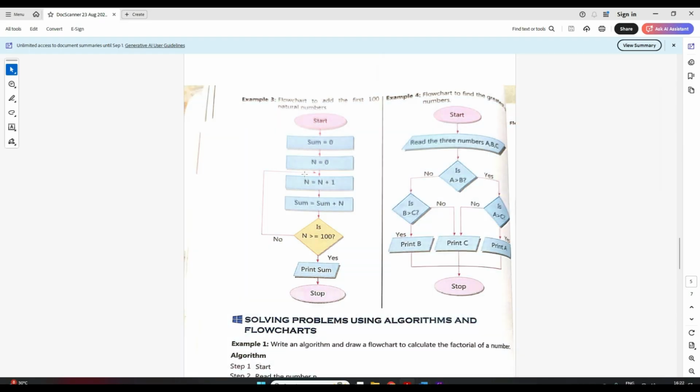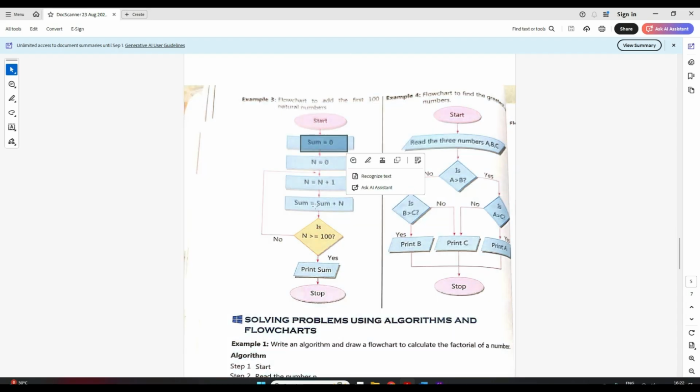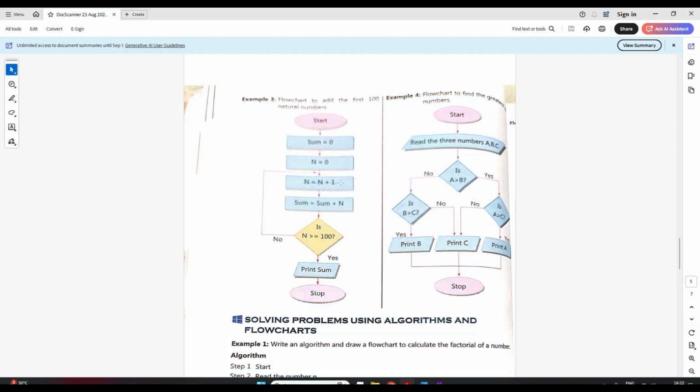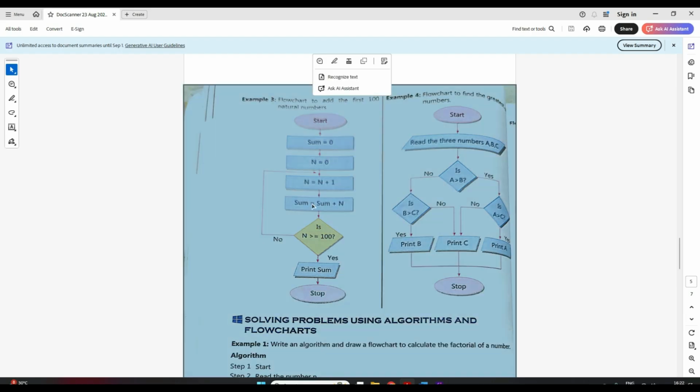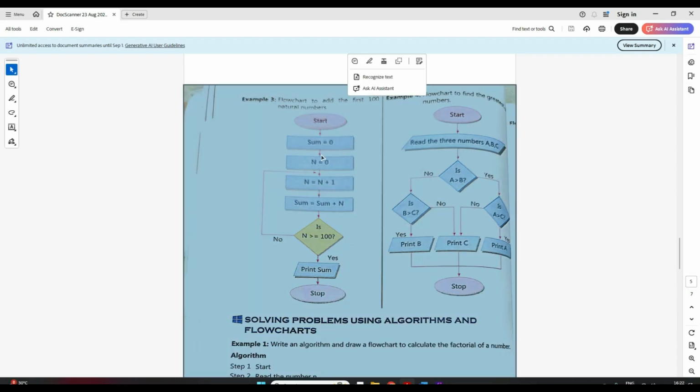So by this n you are generating the numbers 1 to 100, and in this sum we are doing the addition of, so one by one we are generating the numbers from 1 to 100. We will keep adding that to a variable, and this number that we are generating will check if it is greater than or equal to 100. If it is greater than 100, then I'll come out of the loop. I don't have to go back again. But if it is still less than 100, I'll go back to this step again where I'll generate the second number, right? Is it clear?